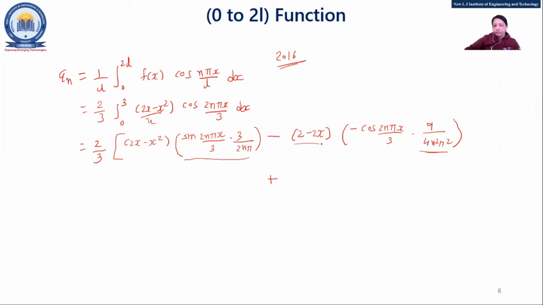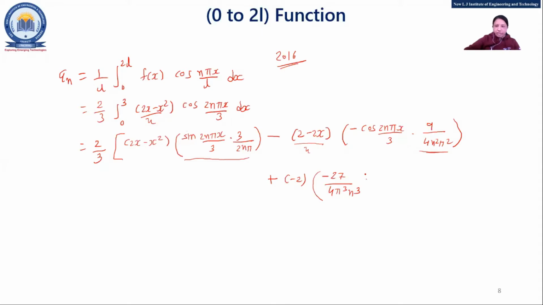So this is my u. Fine. So I'll write for that minus 2, again in another bracket. Now I can write this term first, right? So it will be again 9 upon 4 pi square n square. But because of this, we'll get again 3 upon 2 n pi. So I'll write 27, minus sign as it is, 27 upon 4 pi cube n cube.